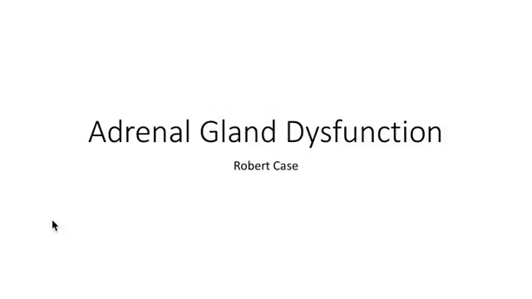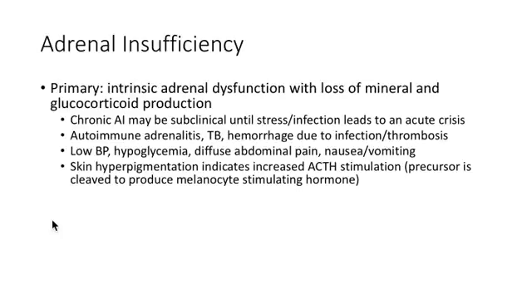Adrenal gland: we'll talk about adrenal insufficiency, and we'll talk about Cushing's. So with adrenal insufficiency, it can either be primary or secondary, and that depends on if it's something from within the adrenal gland itself or if it's within the brain, as in the hypothalamus, or more likely the pituitary. So we'll start with primary, and here you're going to have a more severe presentation in general because you're losing